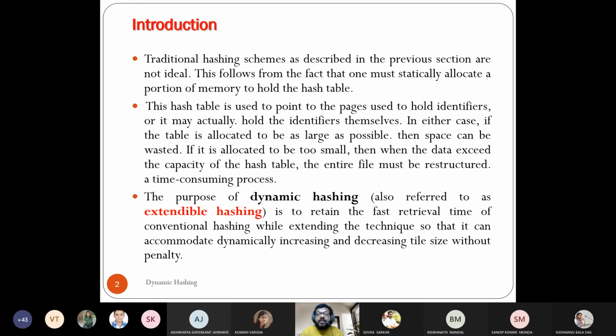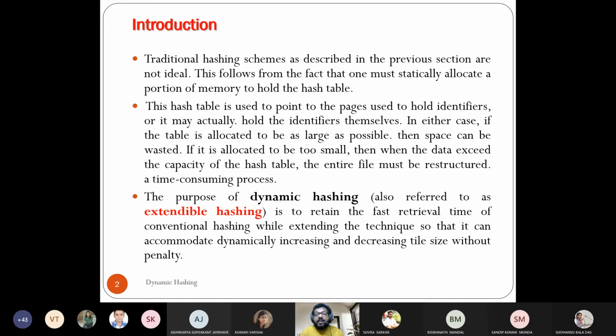Depending on whichever key value comes into the picture, the hash table is actually created. Initially the size of the hash table is 0. We are not blocking any typical storage or table size, which is there in the case of conventional or static hashing.